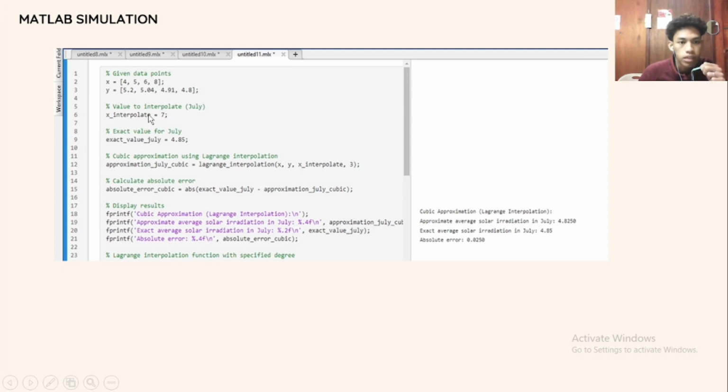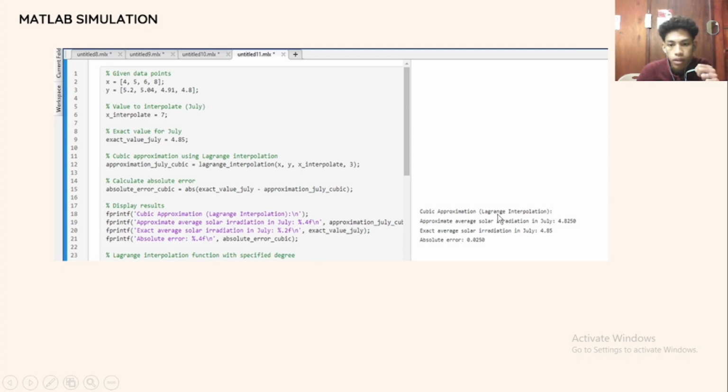So our interpolate is 7, and exact value is 4.85. So and then we find the absolute error. Absolute error is exact value in July, and minus approximation value that we got. And then this line is just to display the final result, and then